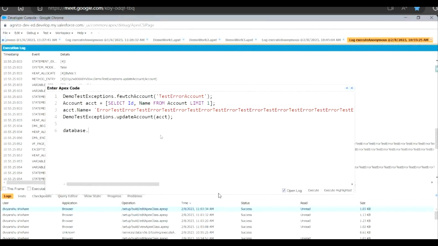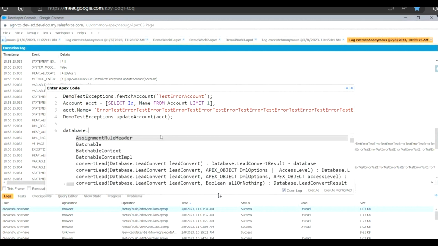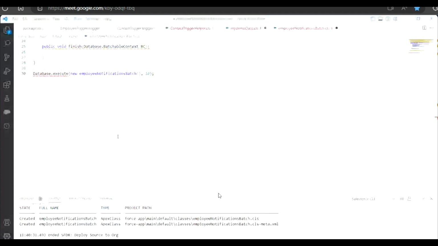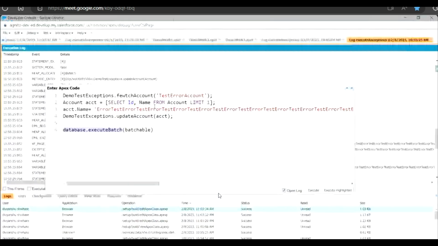Database.executeBatch. So this is the one which we have to use: Database.executeBatch(new ClassName(), scope). If you execute this one here,